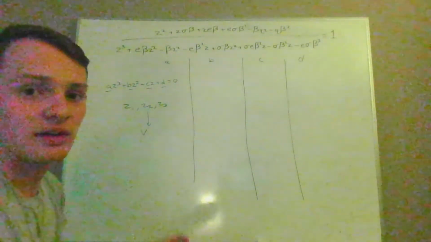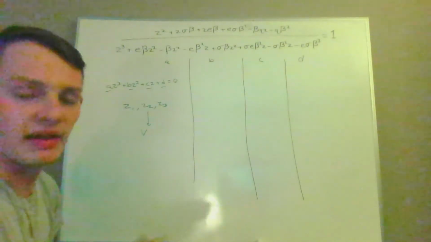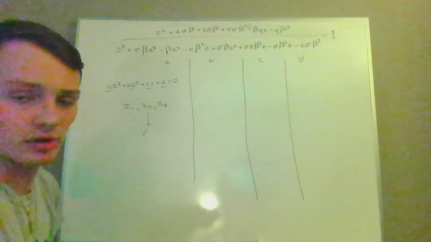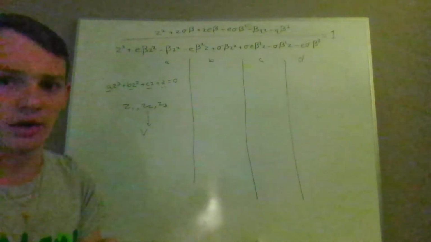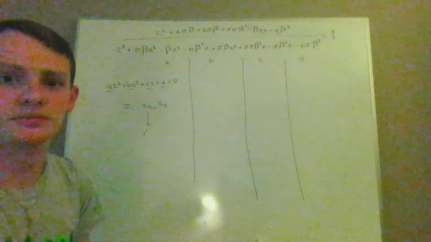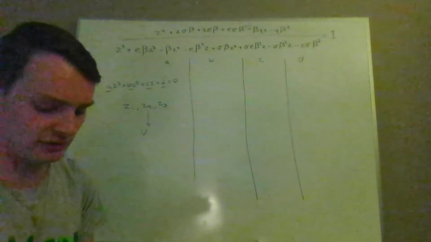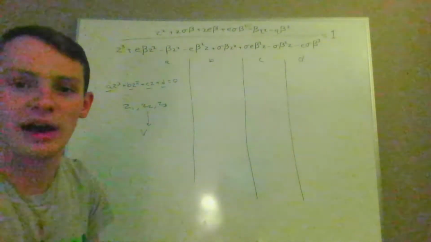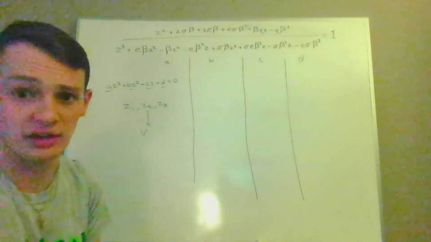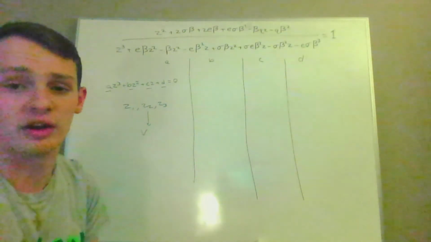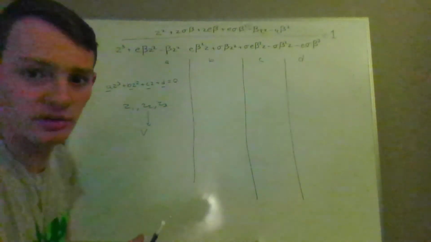And obviously, in reality, there's only going to be 2 volumes when you're below the critical point, and that's going to be the volume of your vapor and the volume of your liquid. The lowest one would be your liquid, and then the higher one is going to be your gas, because the gas is less dense. So that seems to make sense with our intuition. The intermediate volume, the one in the middle, doesn't actually exist. It's artificial. It's just an artifact of the cubic equation of state. So we won't worry about that when we find those volumes